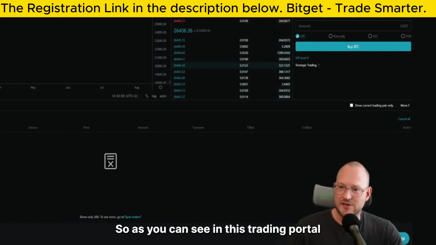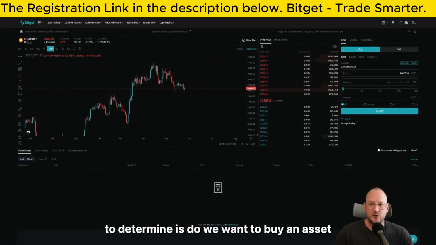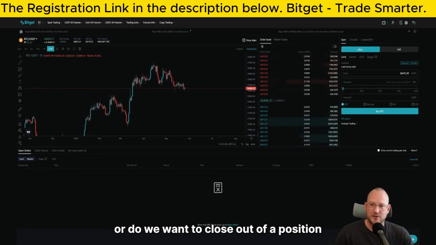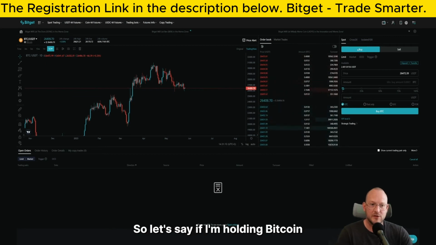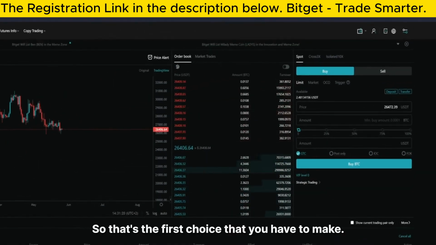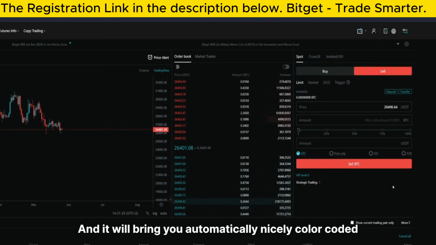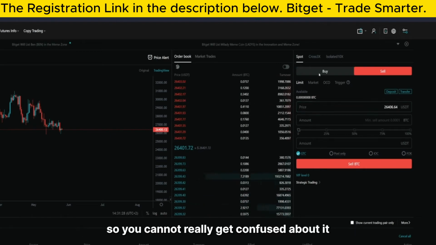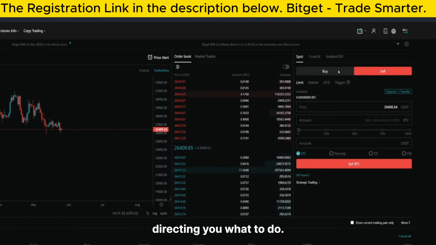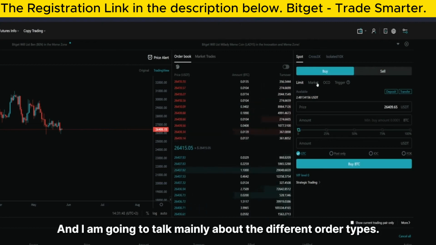In this trading portal, we have a few options. The first thing we need to determine is, do we want to buy an asset or do we want to close out of a position that we already are in? Let's say I'm holding Bitcoin and I want to get back into a stable coin, then I might want to sell my Bitcoin, right? So that's the first choice: do I want to buy or do I want to sell? It will bring you automatically, nicely color coded so you cannot really get confused about it, directing you what to do. I'm just going to cover the buy part,